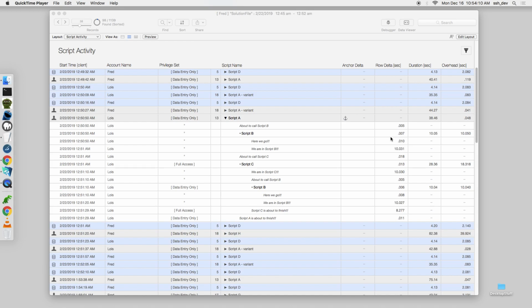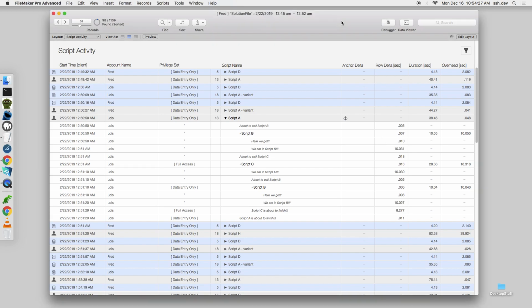Okay, the next example of this button bar calculation that I'd like to show is this anchor delta column. And what it does is it shows basically sort of like a running total of these values that we just looked at, the row deltas. It shows a running total, and let's actually activate the window so we can see it when I hover now. You can see that it's showing you basically a sum of the amount of time that it took to get to the particular step. So what that in effect is the amount of time that it takes to get from the start of script A down to here was